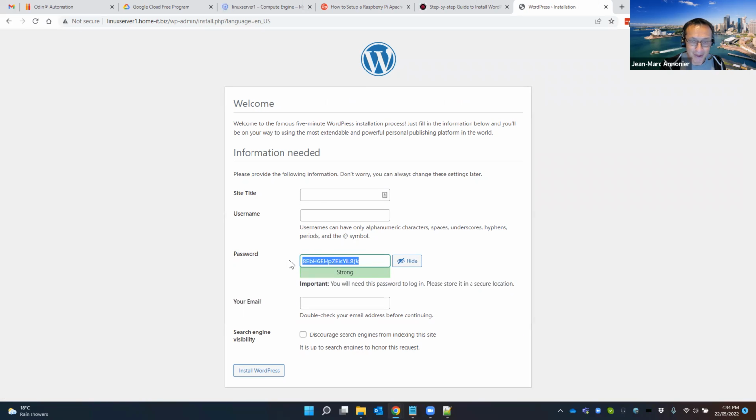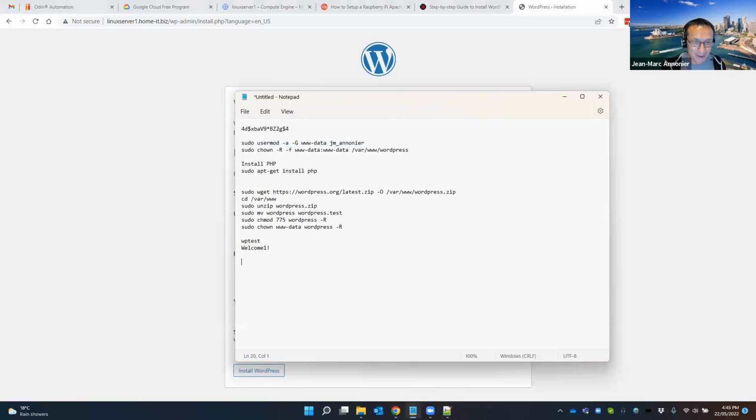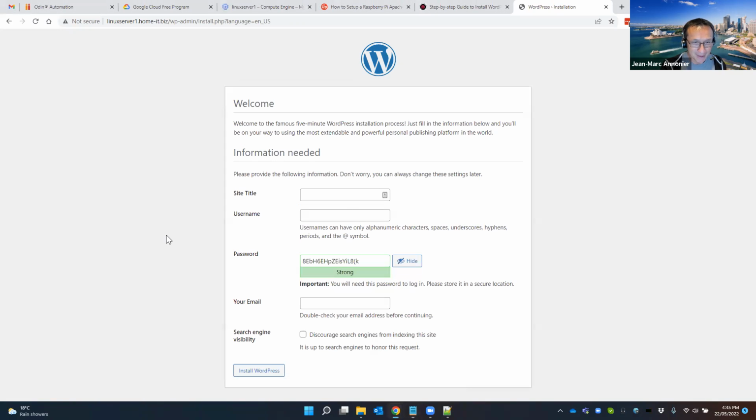Okay, you need to copy this. That's super important. If you lose this password now, you won't be able to access your WordPress installation. So I'm just going to paste it here. Name is my website. Here I'm going to give my name. That's the name that you're going to use to manage your WordPress website. So again, there's a different name. There's nothing to do with the database connection or anything else. It's just for the management of WordPress.